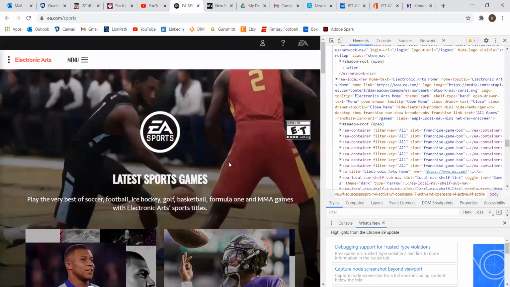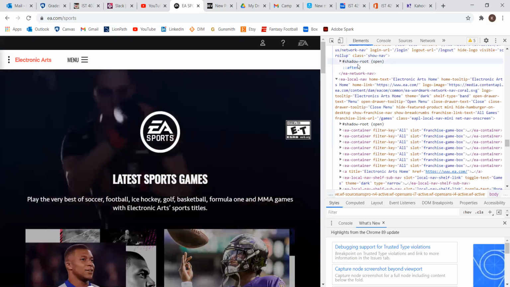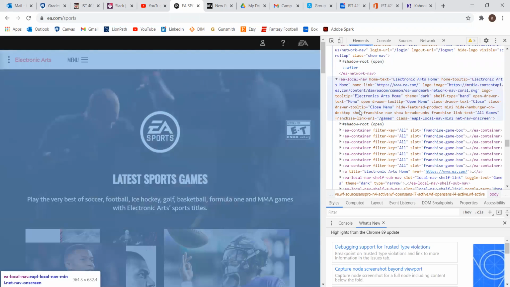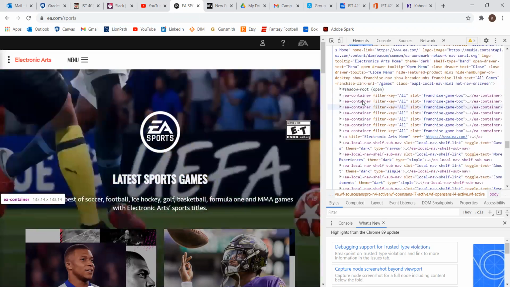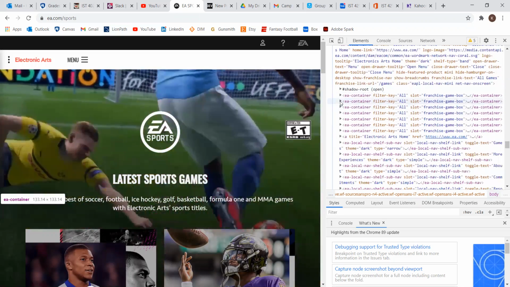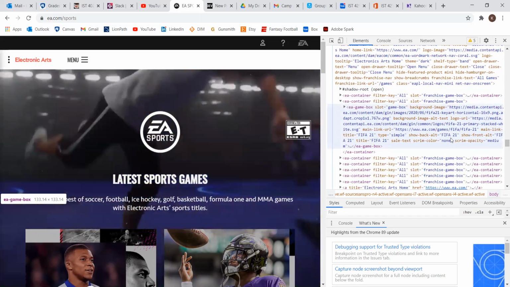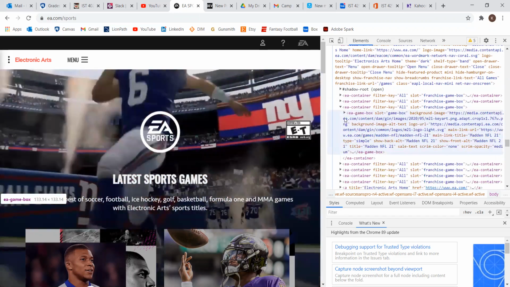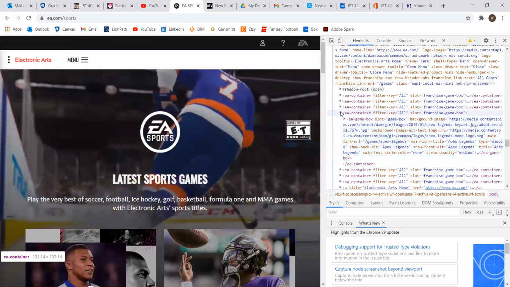The first one is EA that you've seen on screen. They use web components in their site, and if you inspect the source code and look through it a little bit, you'll find these EA containers, and you'll wonder what those are. Those are web components. So if I just go through a couple of these, you'll see this one is for FIFA. This one's for Madden. This one's for Apex,